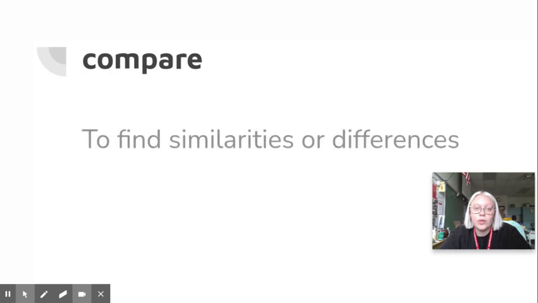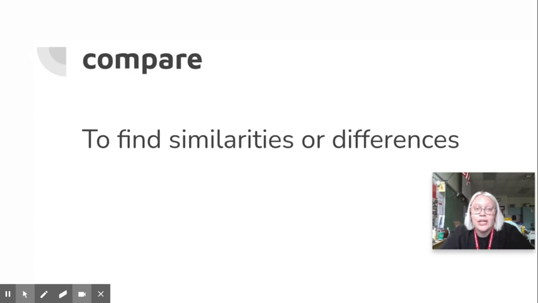Your next word is the word compare, and it means to find similarities or differences. So when we're comparing something, we usually do it at school. We could do it with stories that we're reading, and that's the way that we are going to work on this week. Your lesson for yesterday about Ruby Bridges, we're going to be comparing that lesson to your lesson from today about Ruby Bridges. So usually when you hear the word compare, you hear the word contrast along with it.